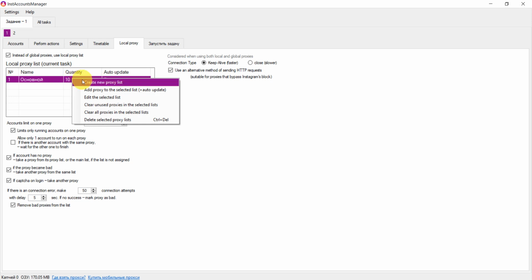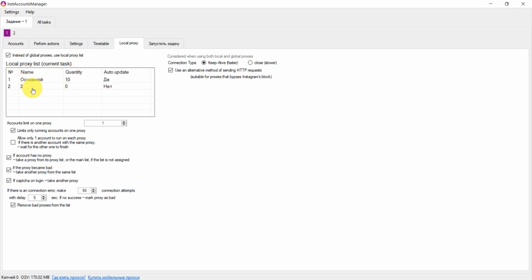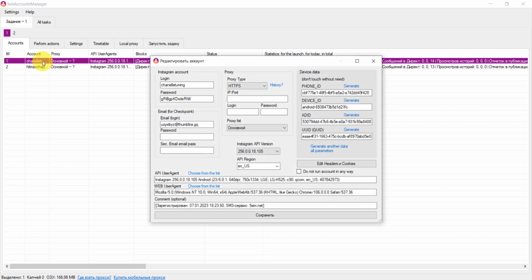Here we can see create new proxy list. For example, you click there and name it 2, create. Then you can add, if you create 2 proxy lists, for example, in the accounts, you can click on an account twice,